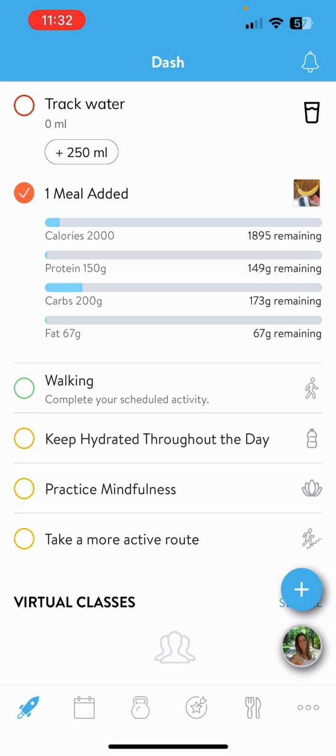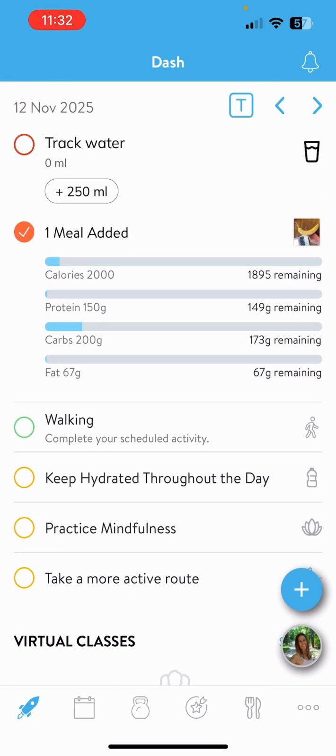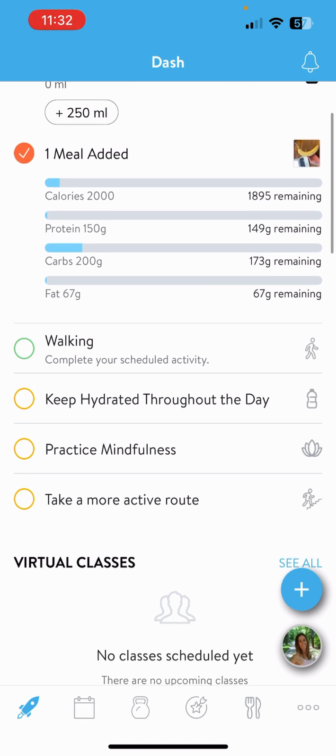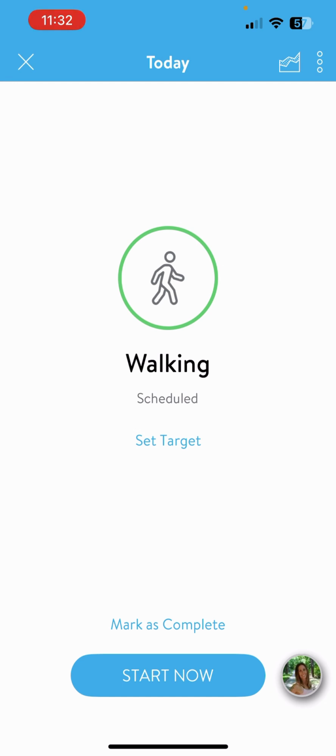Each bullet point is something you can do today. You'll see all the habits we've decided to highlight, your nutrition goals if we're working on nutrition together, and then whatever workout or movement practice you have scheduled for the day. So we see walking is scheduled for today. You can start now,